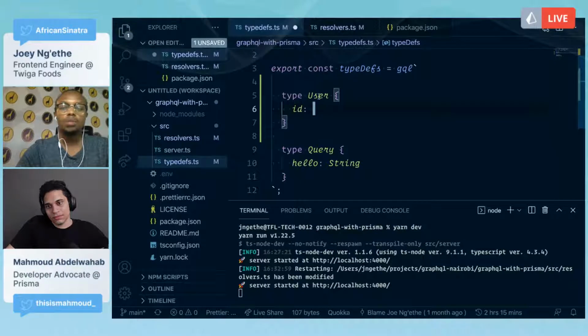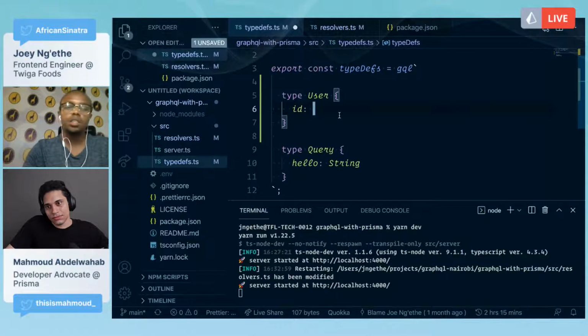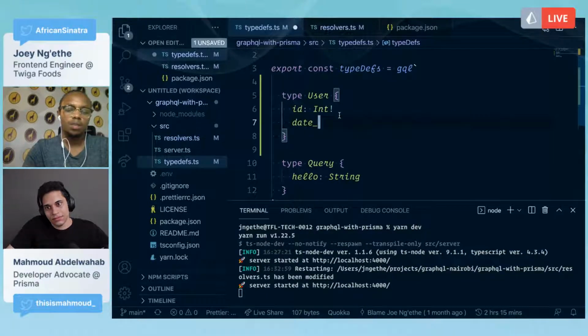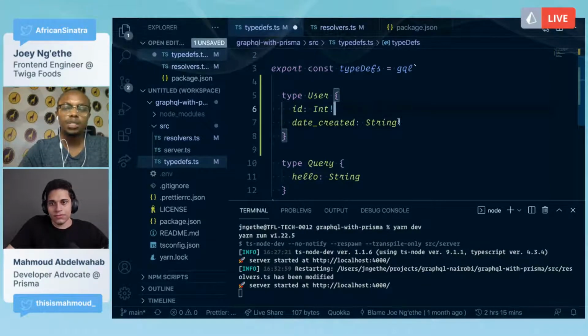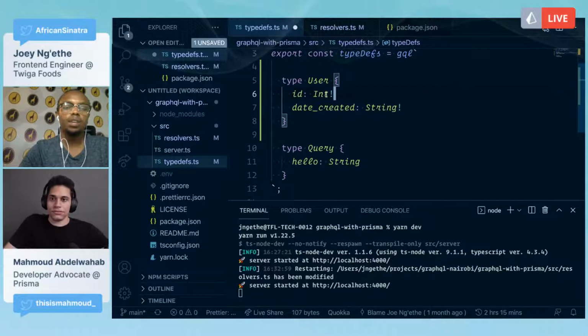We are saying the type User is going to have these fields that we're defining in here. It will have an ID, which will return an integer. Then we can say dateCreated, which we can return as a string for now. And the exclamation mark says that this field cannot be empty. For example, on our query, if we say ID, it cannot be null. That's why we have this bang at the end.